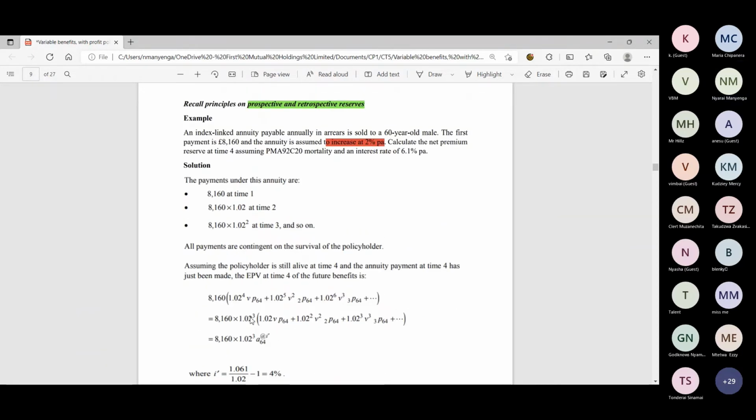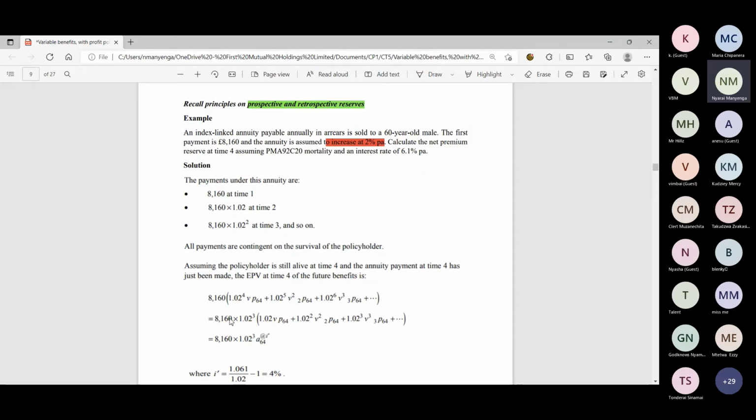And the person would be 64 at the point of time 4. So you find that this is the benefit that would be payable at time 6, which is 1.02 to the power 5, and time 7, 1.02 to the power 6, and so on. So you need to discount it back to time 4 and also allow for survival in these time periods. So that's why this person will have to survive up to 65 and survive for another 2 years and 3 years and so on. So you find that taking out the constant here, it would be 1.02 to the power